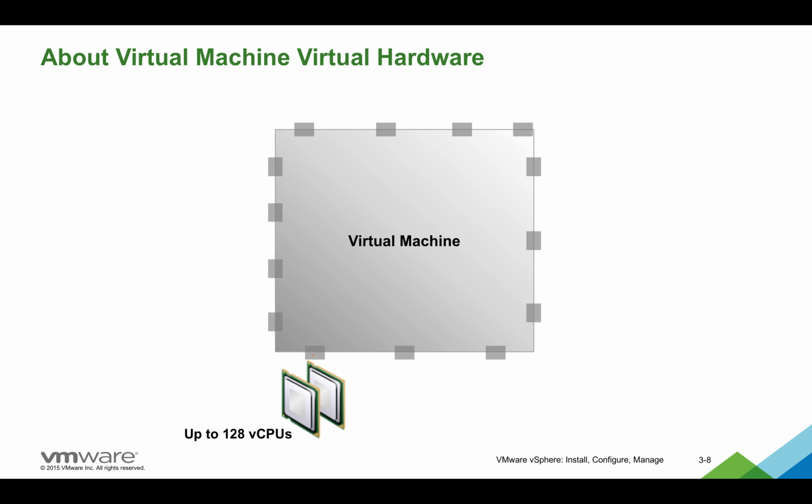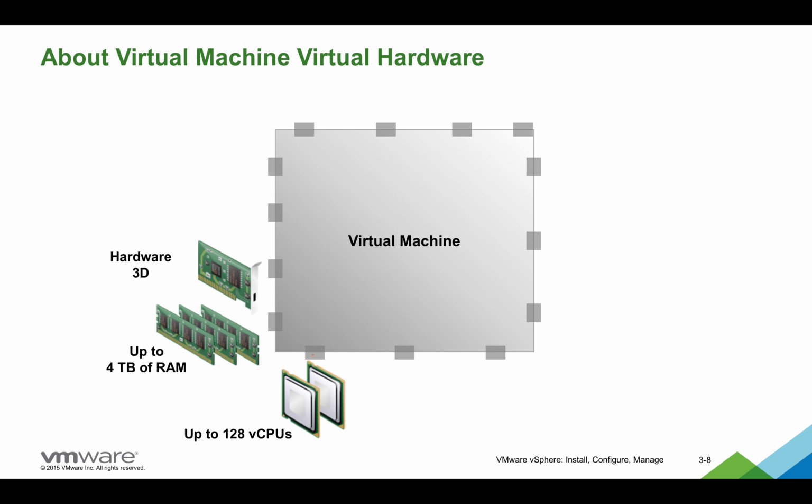A virtual machine uses virtual hardware. It appears as real hardware to virtual machines. The uniform hardware makes virtual machines portable across hosts. It has the ability to support up to 128 virtual CPUs, up to 4 terabytes of RAM, also supports hardware 3D, up to 10 virtual NICs,